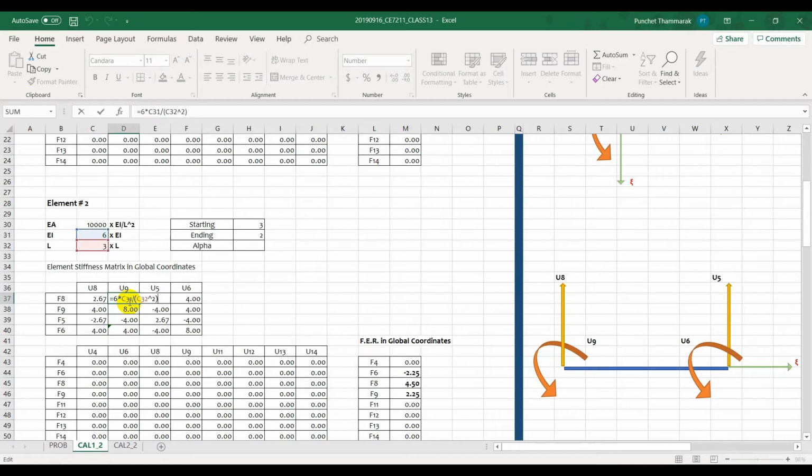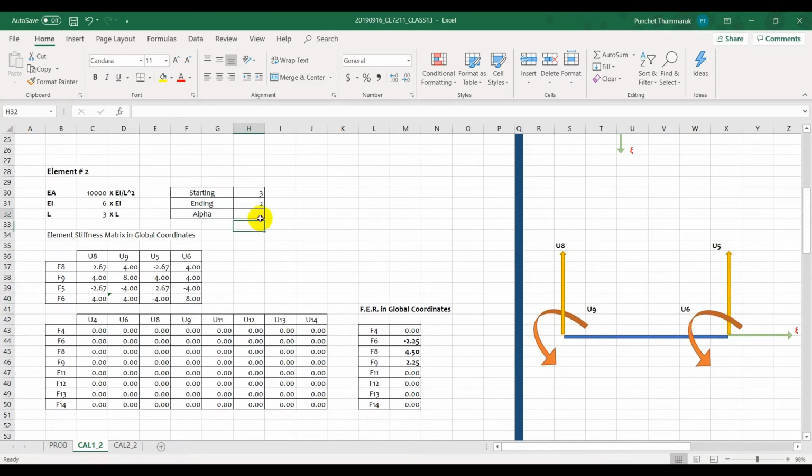Okay, everything seems to be perfect. All right, looks good. And this, your alpha is actually 0, but anyway, this is not used in